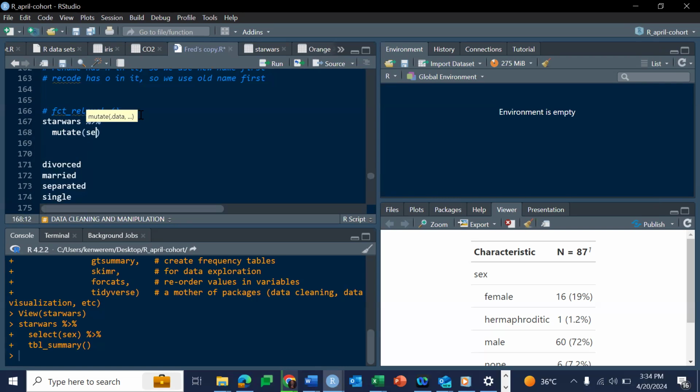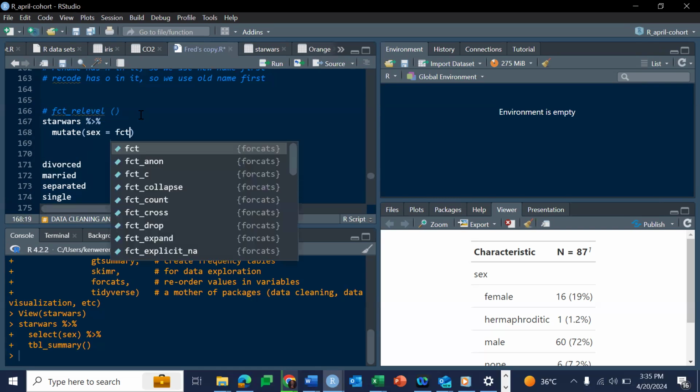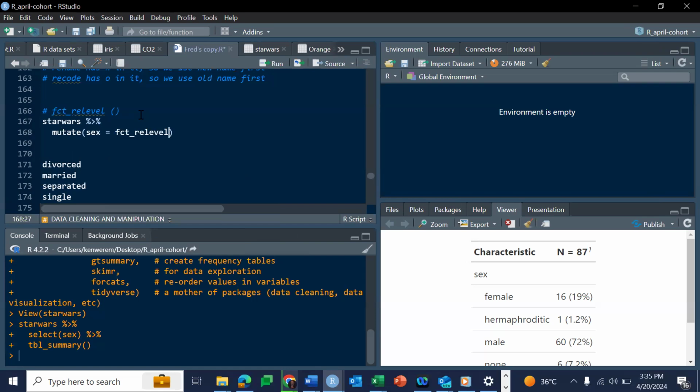The sex variable, equal to, our function is fct_relevel. And then our variable is sex, comma, then we put in the values the way we want them to be seen. So we want to see none first, comma, and then we want to see male second, comma, want to see female as third, comma, and then we want to see hermaphro,